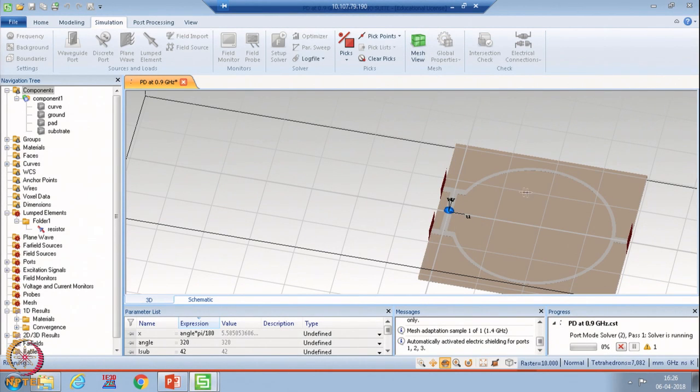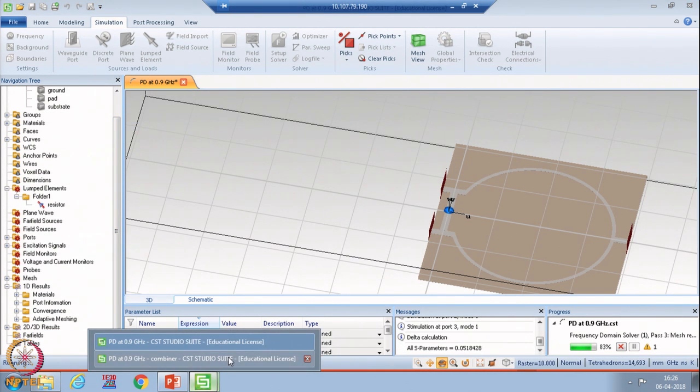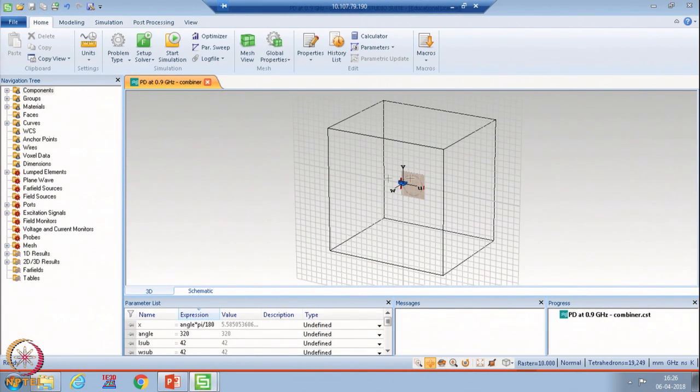In this case, what are we expecting? We are expecting that the isolation between these two ports should be very high. So, the power from port 2 to port 3 should be very less. So, we will see results, just wait for some time. Now, if you see in this file,